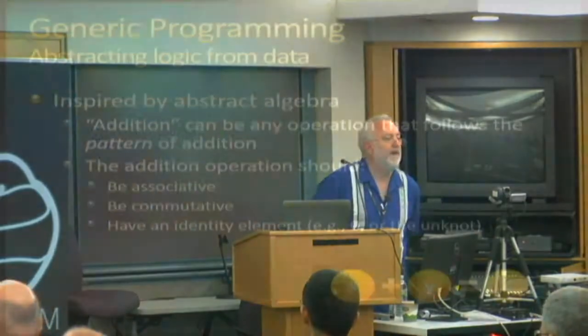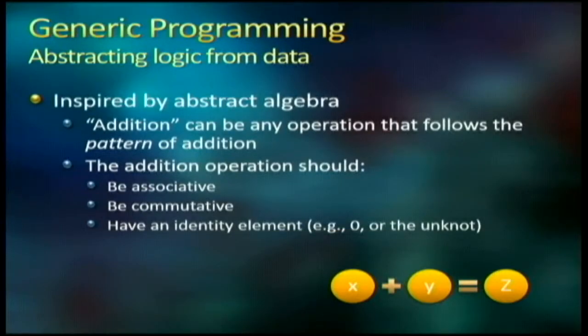the book comes from the work that's been done in mathematics to achieve higher and higher levels of abstraction. So we have something called addition, right? And everyone is familiar with addition from grammar school. 2 plus 2 is 4. But what's been achieved over centuries in mathematics is an idea of addition as a pattern rather than that concrete thing of adding 2 integers. So the pattern is that the operation going on has to be associative, commutative, and have an identity element.